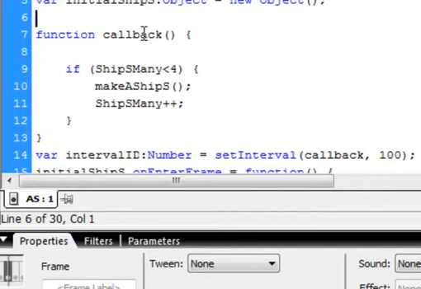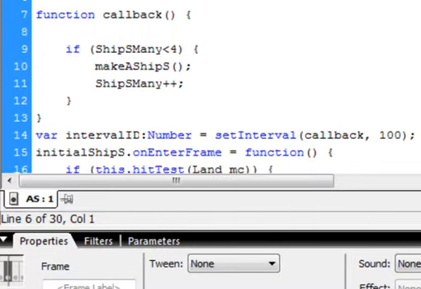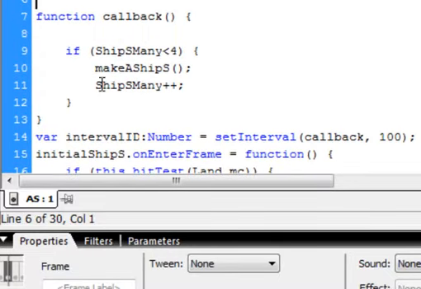It checks to see what the count of this is. Is it less than 4? It starts at 1, so it's less than 4, therefore it'll make a ship. Go down to that make a ship function down here, do all that, make a ship, increment it, that's the increment code, plus plus, increment it,